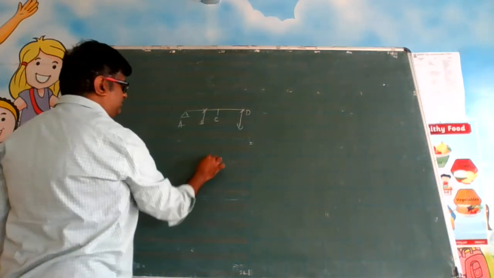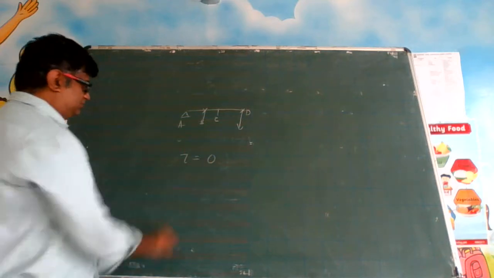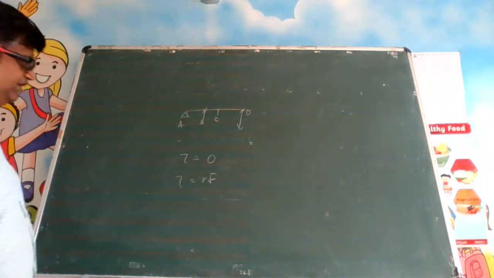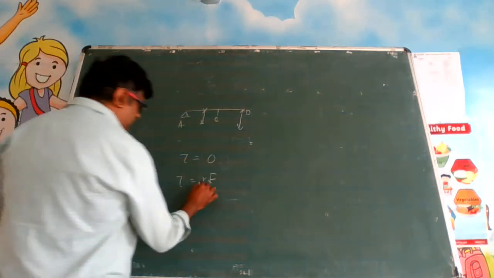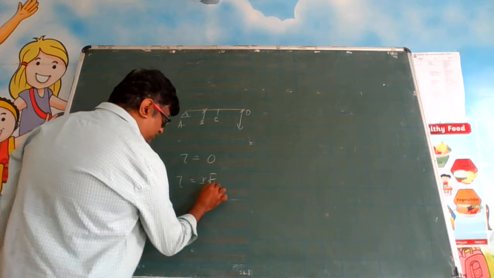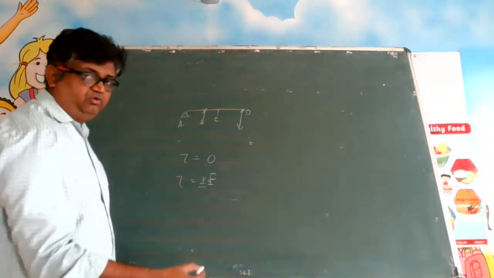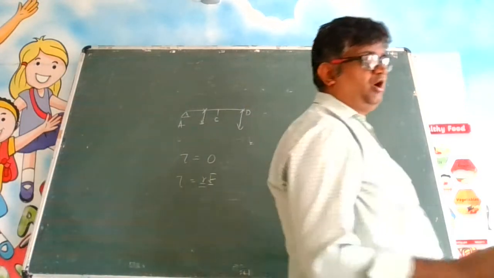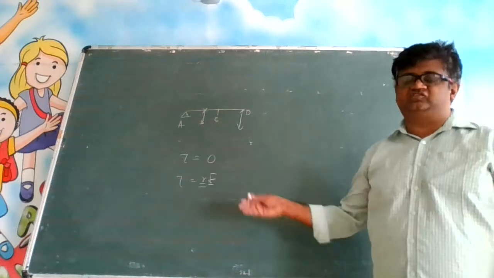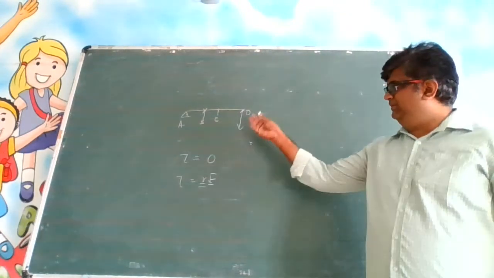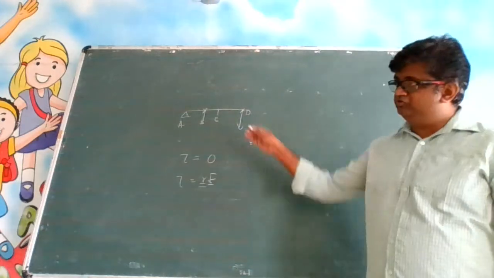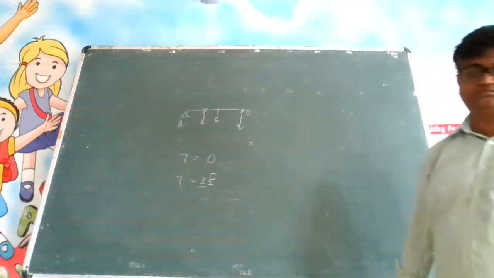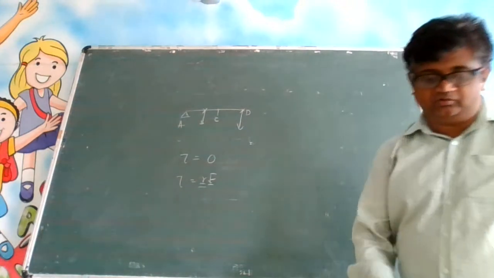Above that point it will be 0, isn't it? Because torque is equal to R multiplied by F. If I talk about the magnitude part only, R means the distance between the point and the force. When the point and the force are both matching, the torque will be equal to 0. Torque comes into the picture only when there is some distance. If there is no distance, the force will not create a torque. The force multiplied by the distance, the rotational ability, is what creates torque. So make a note of this point also.